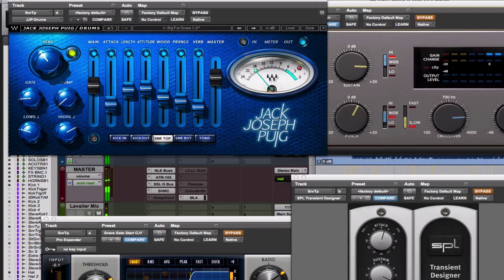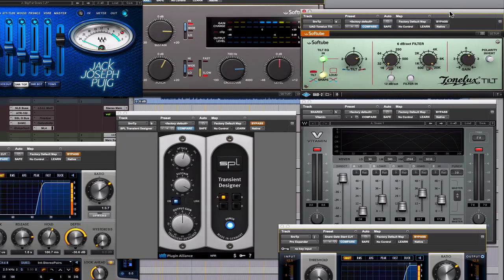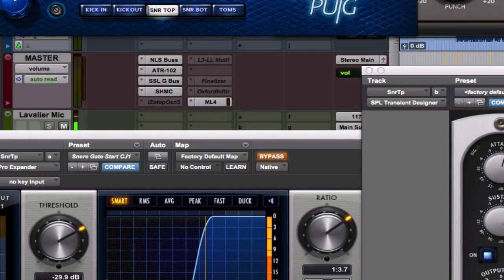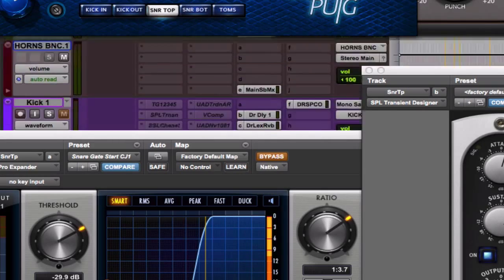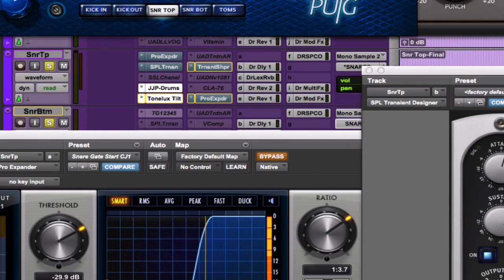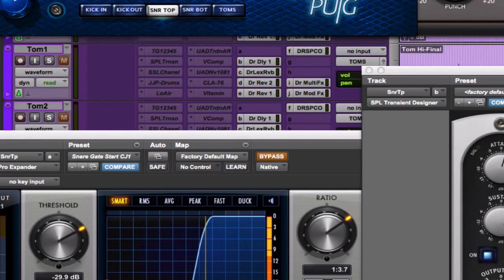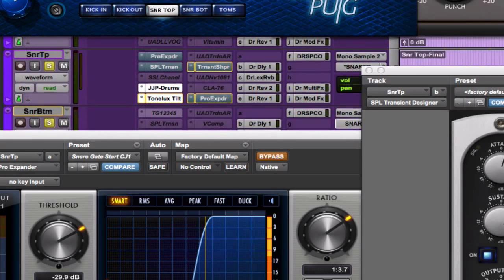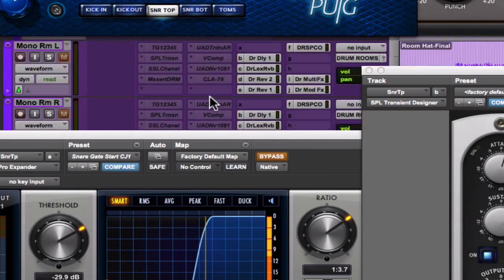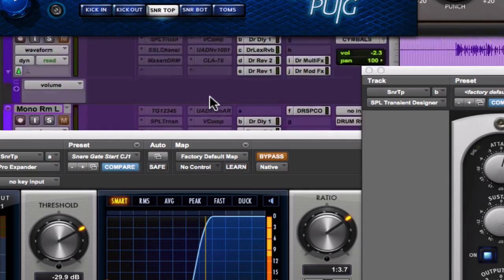Also, to help with the really fat sounding snare, I've actually tilted the EQ towards the top end of the spectrum with this very simple EQ plugin called Tilt. It's actually kind of one of my favorites. And as I've shown you before, there's 2 points at which the snare drum can be treated before it hits the stereo mix. One is the channel itself right here, look at this little window. And then again at its aux send,